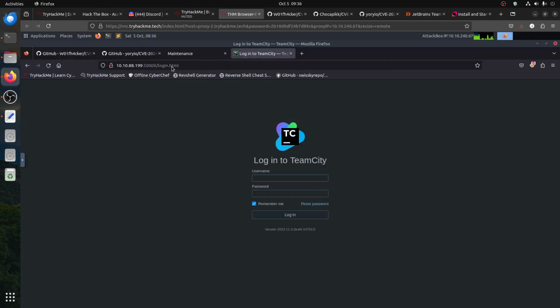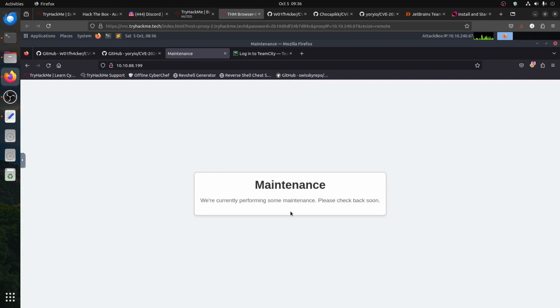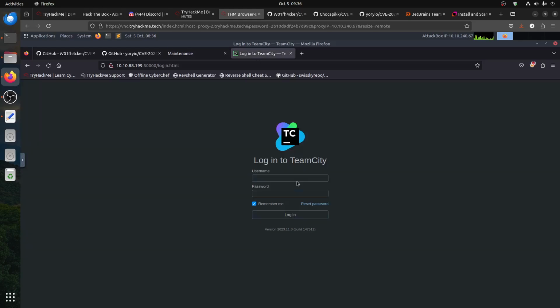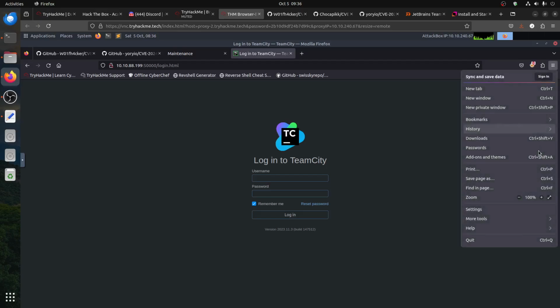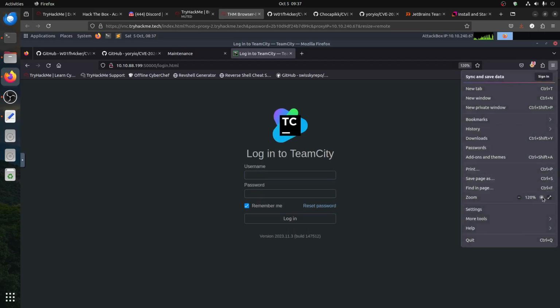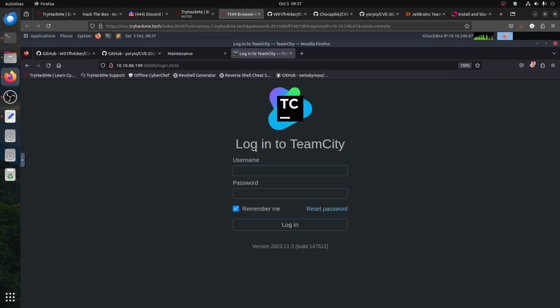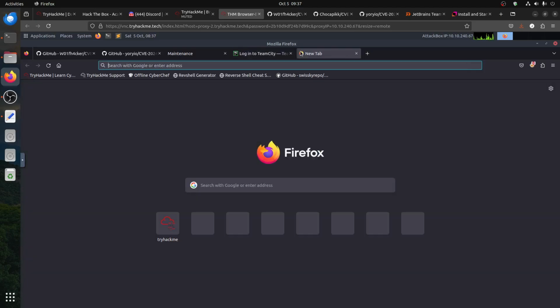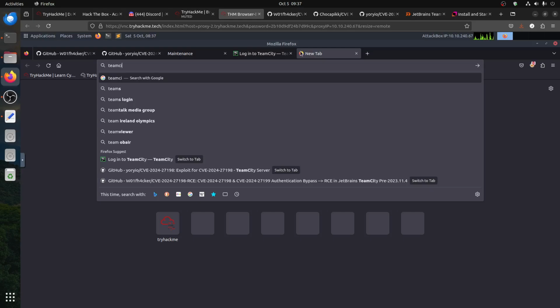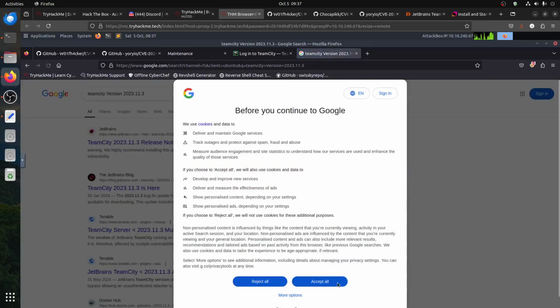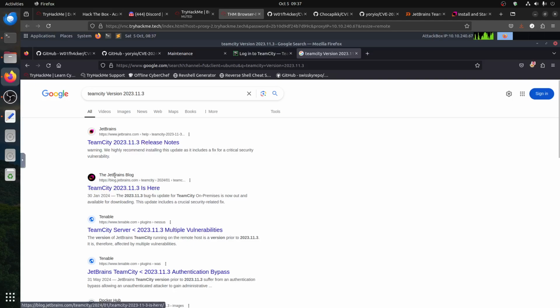Port 80 is just maintenance. Interesting is this one, port 50,000, it tells you there's something here. Logged into TeamCity, and it gives you the version. If you Google, for example, this, usually that's what you do when you see something like that. You just say TeamCity version this, and then you can see